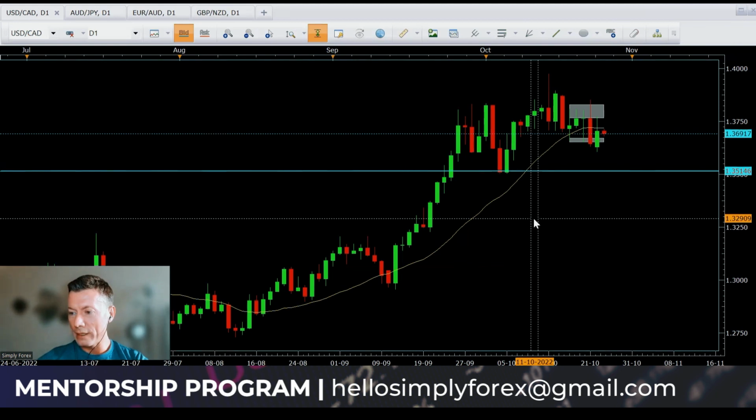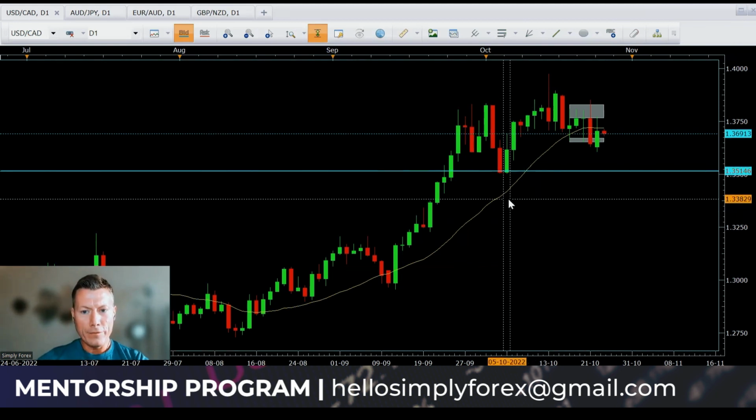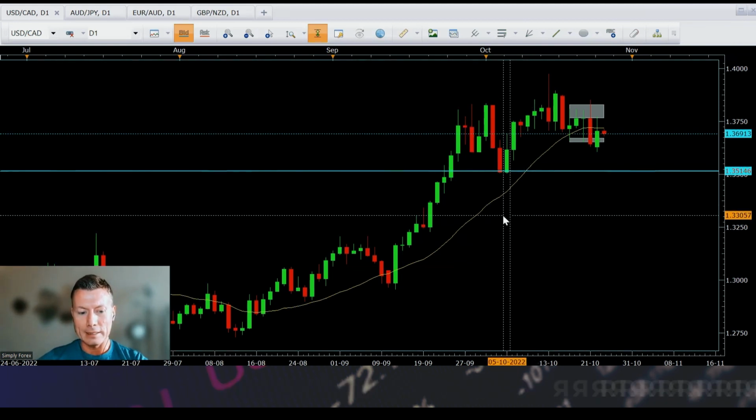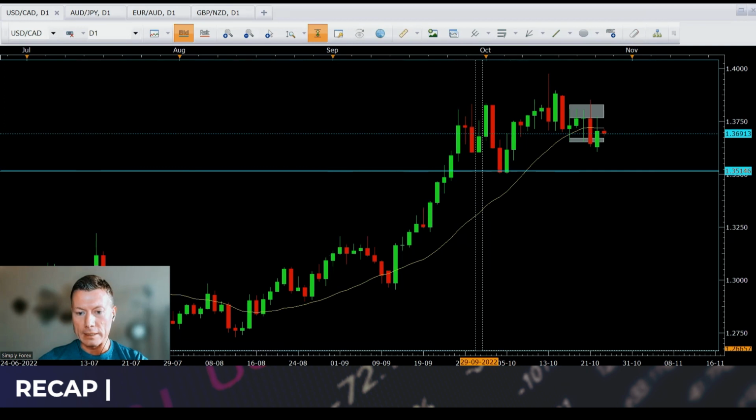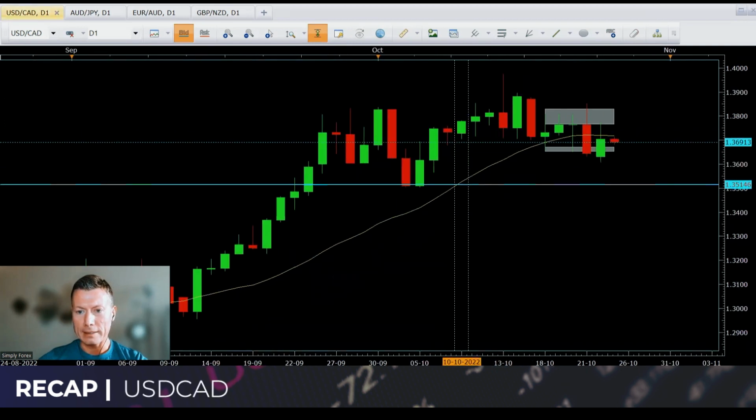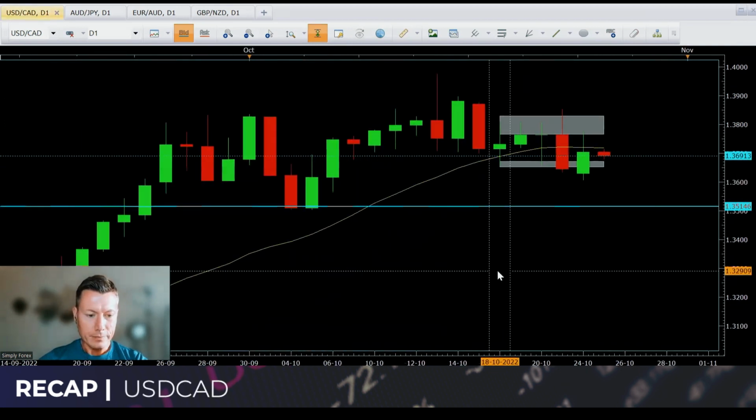Let's get on with today's business. So, first of all, guys, we're going to look back at yesterday's trades, okay? So, we had 4 potential trades, and the first one was this. This was the US dollar against the Canadian dollar, okay? And I was looking for shorts. So, remember, your day chart is why. Why was I looking for shorts? Well, let me tell you.